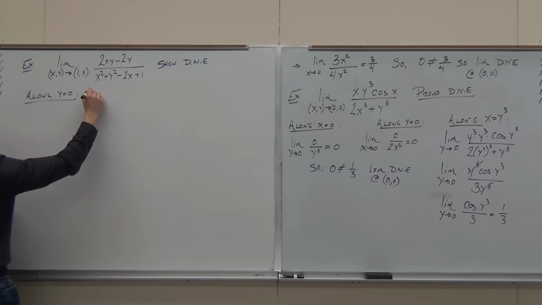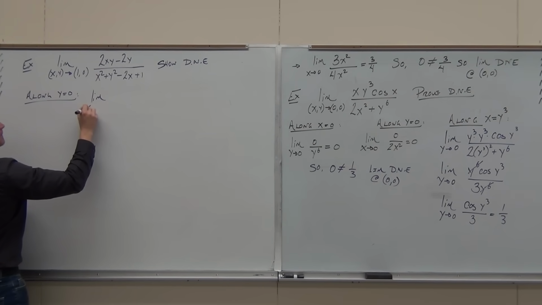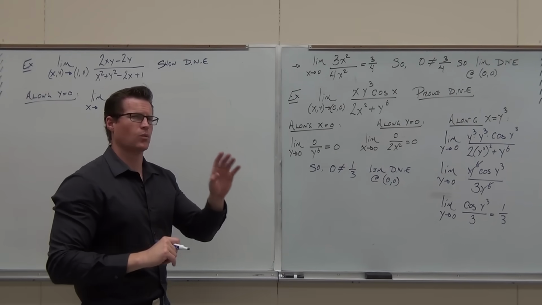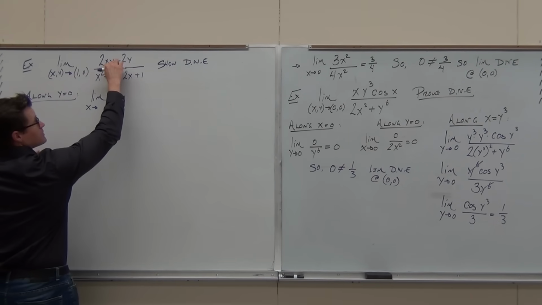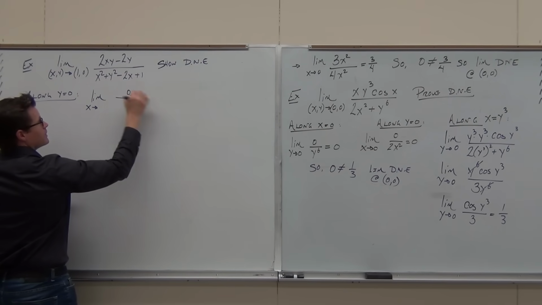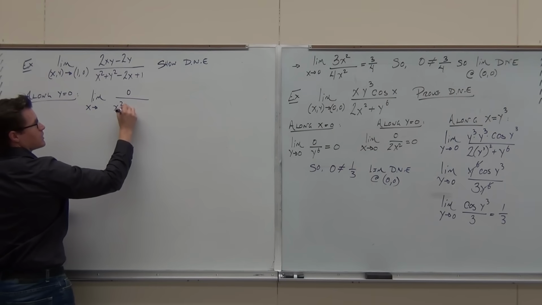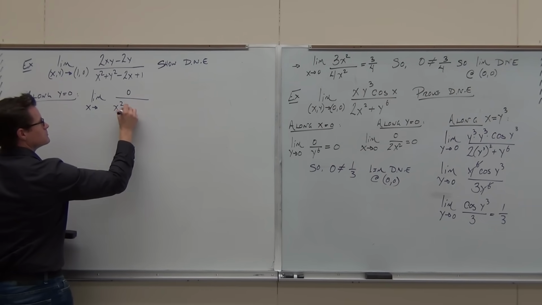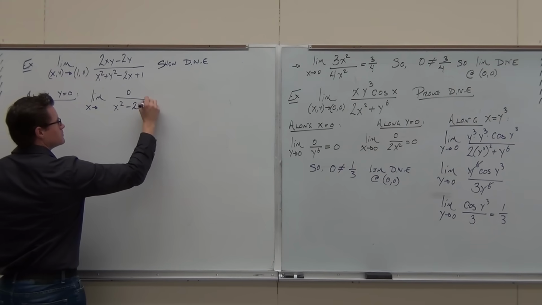So if y equals 0, we got the limit. Oh, wait a second. If we're going along y equals 0, this is 0 and that's 0, that's true. This is 0, I get x squared plus,